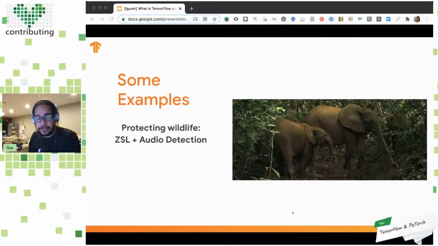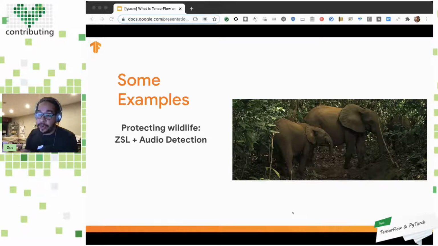Aside from that, we have another example that was published last year where the ZSL, which is the zoo here in London, they have, of course, a research center, and they use audio detection to detect when there are shots in the forest, in specific, I don't remember the country, sorry, but they detect shots, because those might be poachers hunting for animals, so they can send the rangers there to look into what's going on. So this is something that helps, because it's very hard to monitor a forest, as you can imagine, right? It's too huge.